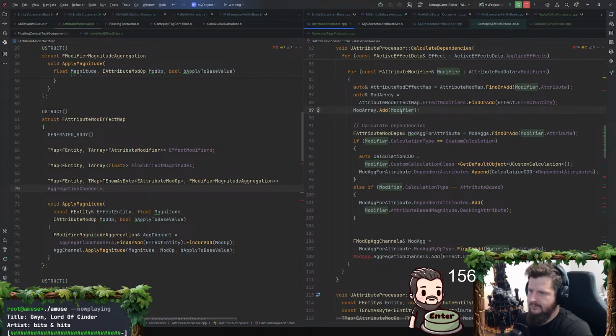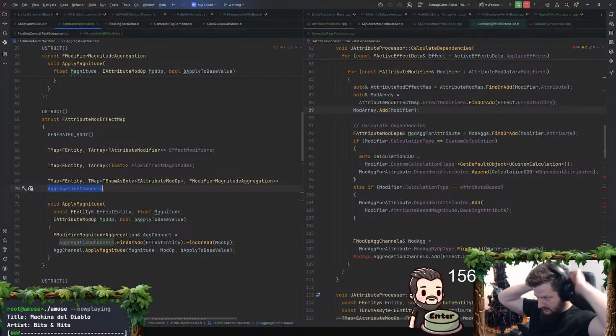Mod array, effect modifiers, final effect magnitudes we're not going to do at the moment. I don't even know if I'll need that actually, but aggregation channels, I need to just populate these. I'll need to iterate over it and apply magnitude for each one.